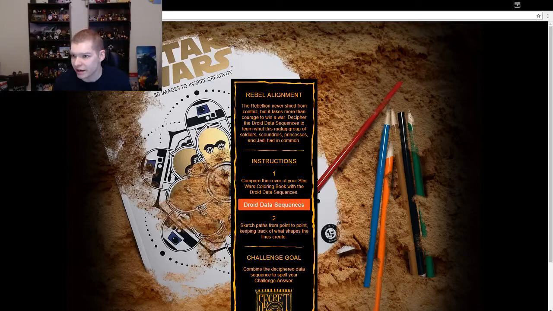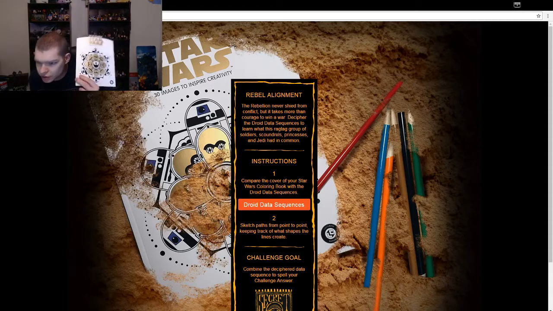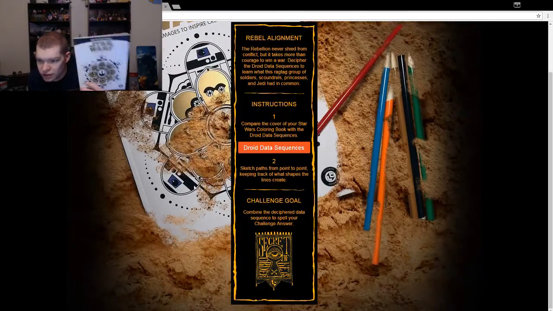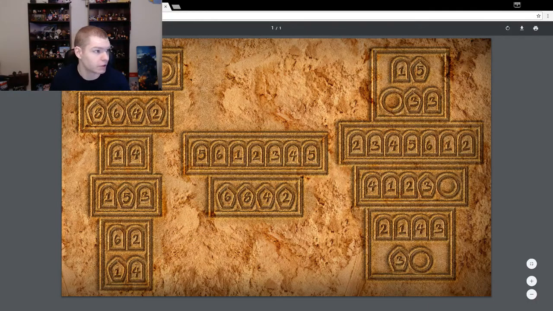Rebel Alignment. The rebellion never shied from conflict, but it takes more than courage to win a war. Decipher the droid's data sequence to learn what this ragtag group of soldiers, scoundrels, princes, and Jedi had in common. Compare the cover of the Star Wars coloring book to the droid data sequence, which we will pull up momentarily. Sketch paths from point to point. Keep track of what shapes the lines create. Combine the deciphered data sequence to spell out your challenge answer. Oh, wait, you can't see. Let me...